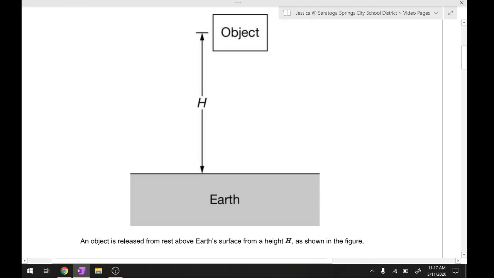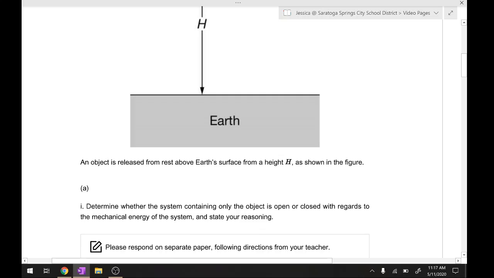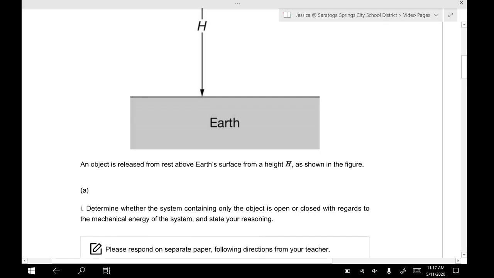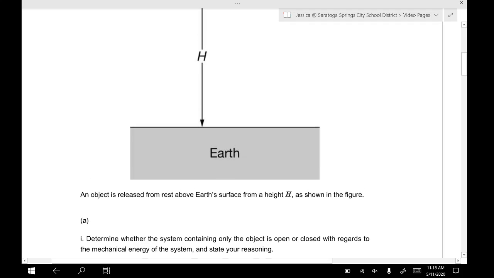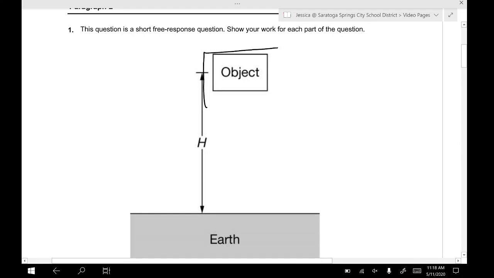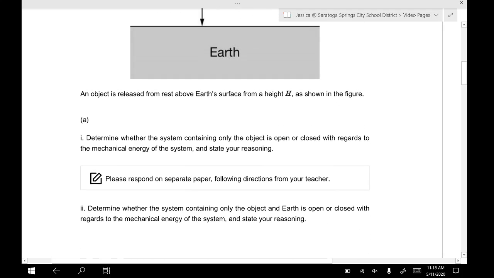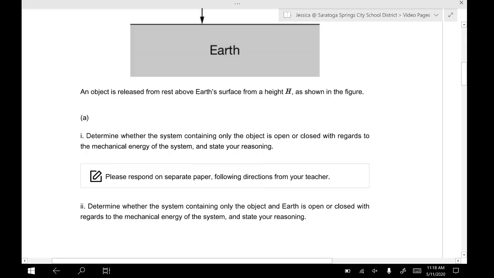Okay. All right. So the first question says we need to determine whether the system containing only the object is open or closed with regards to the mechanical energy of the system, and state your reasoning. Okay, so if the system is only the object, so only this box up here, well, that box has an external force of gravity acting on it, which means that object is in an open system. Right? So our answer here would be